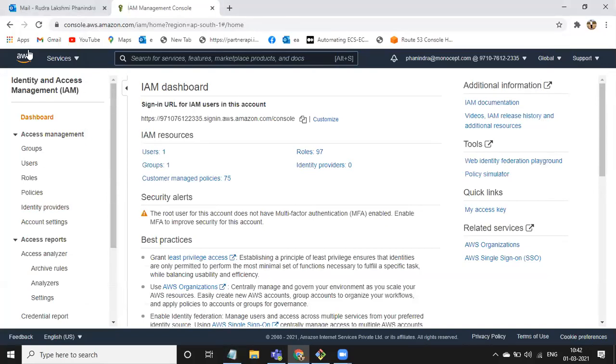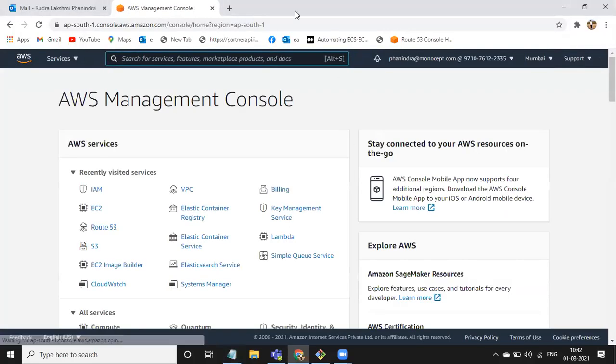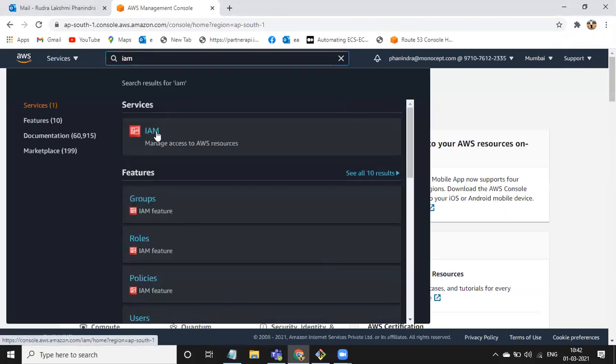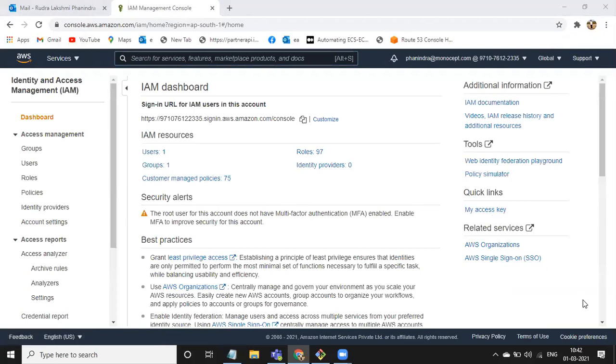First go to the IAM dashboard. After creating the AWS account, go to the IAM, Identity and Access Management service. First go to IAM service and go to groups.